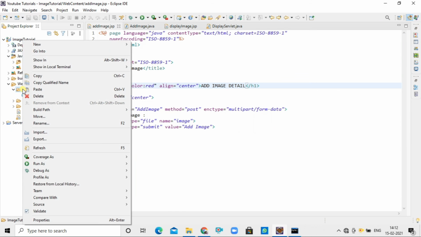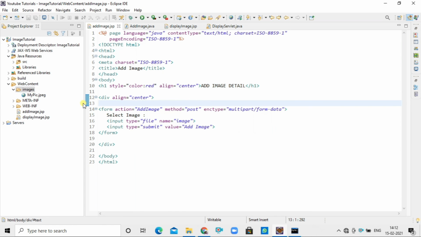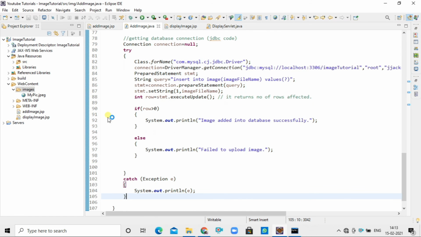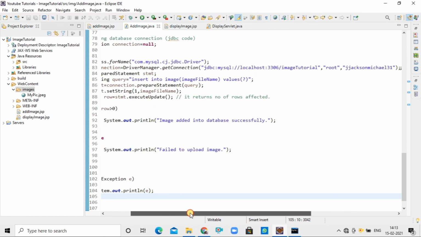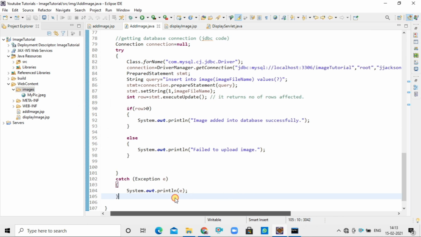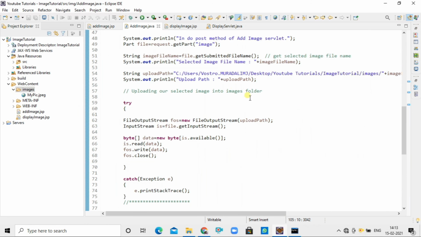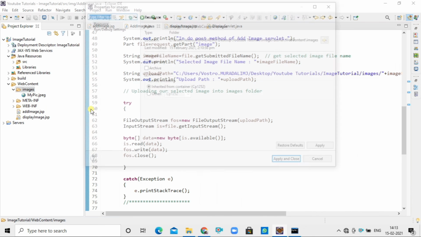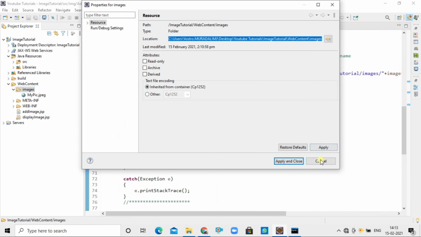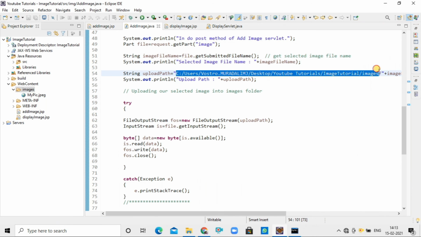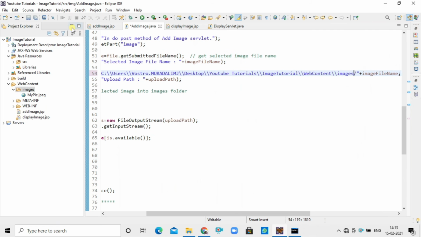But why did the murad.jpg image not get added into the images folder? Let's check. Oh, I see. Here the upload path contains the path of the old images folder which we had created. So here I have to give the path of the new images folder.